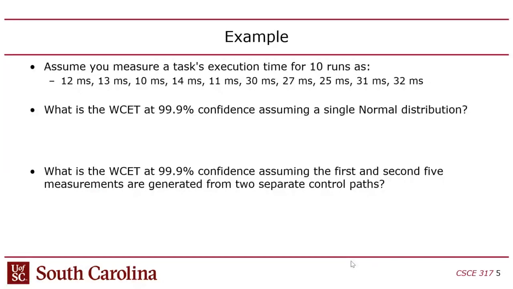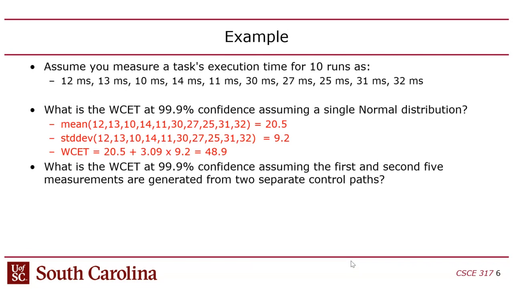Let's see, I have an example here. Say you have a task, you run it 10 times, and you get a bunch of run times ranging from 10 milliseconds up to 32 milliseconds. At a 99.9% confidence interval, assuming it's a Gaussian distributed random variable, then your worst case execution time is going to be